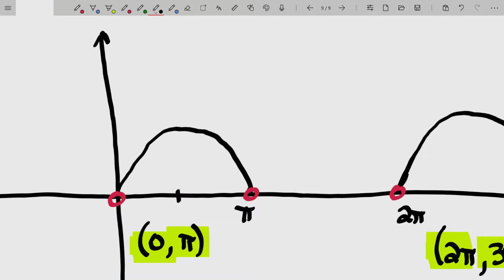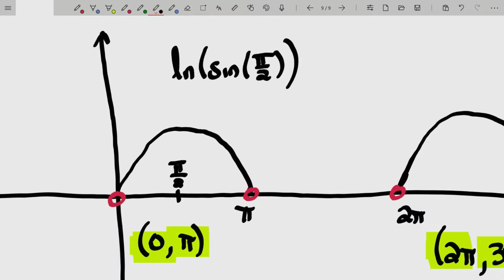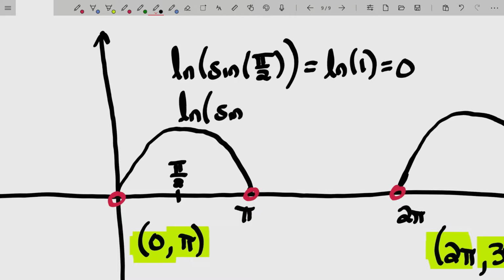Well, let's take the middle part at pi over 2. If I plug in x equals pi over 2, the sine of pi over 2 is 1. The natural log of 1 is 0. Now I'm going to plug in a value that's really close to 0, but not exactly 0. And the way I'm going to note this